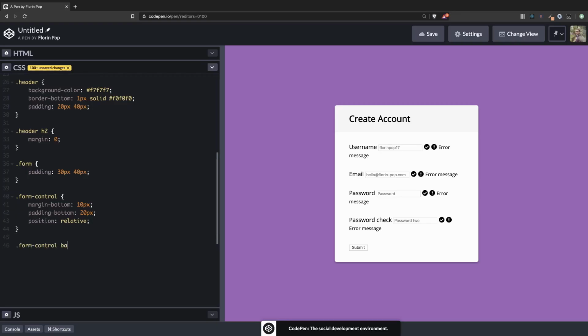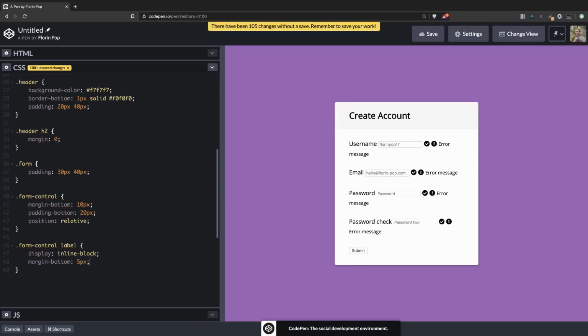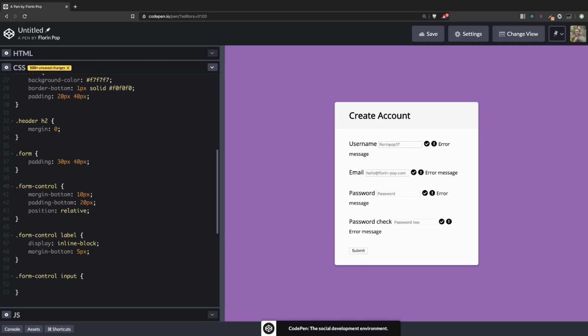Alright, and now let's take its child element. So form control label, display inline block, and the margin bottom of 5 pixels. If it wouldn't be inline block, then we couldn't apply a 5 pixel margin bottom. So let me show you after we style the input. Form control input, we have border 2 pixels solid, F0F0F0, border radius 4 pixels,